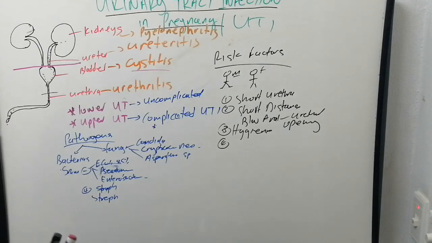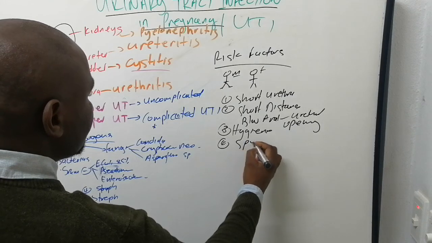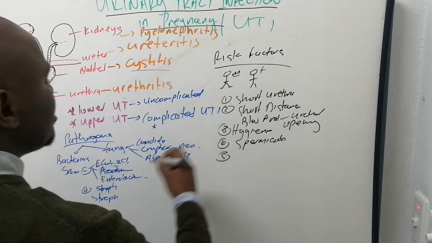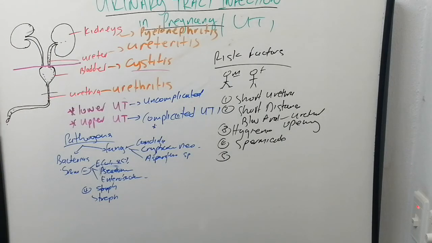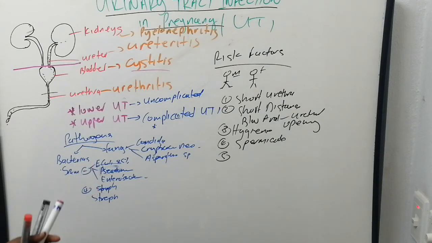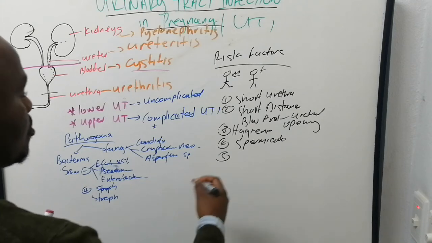So there are other risk factors as well, like spermicides. Spermicides mess up the normal flora of the perineum and the vagina. And if your normal flora, which protects you from invading bacteria, is destroyed, then you are prone to infection from other bacteria. So spermicides, and also